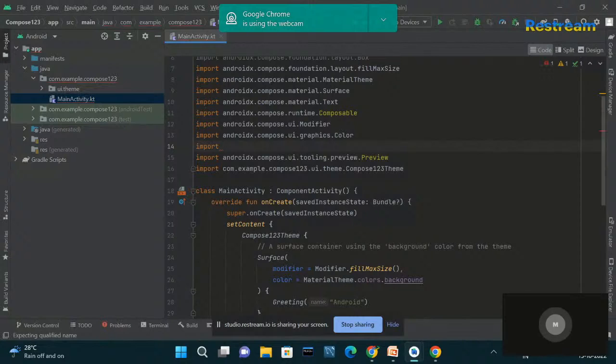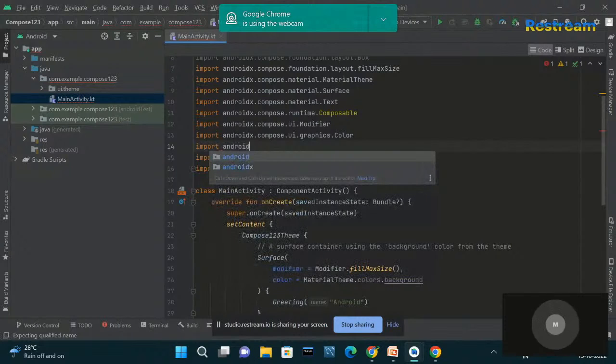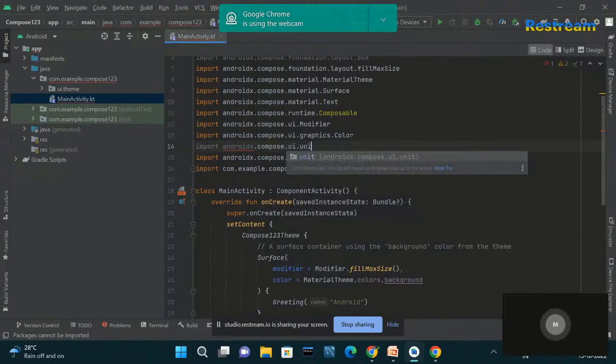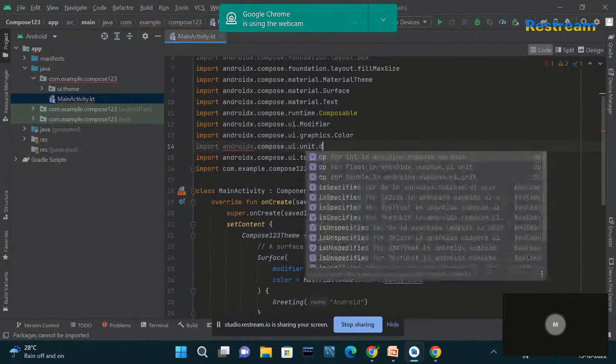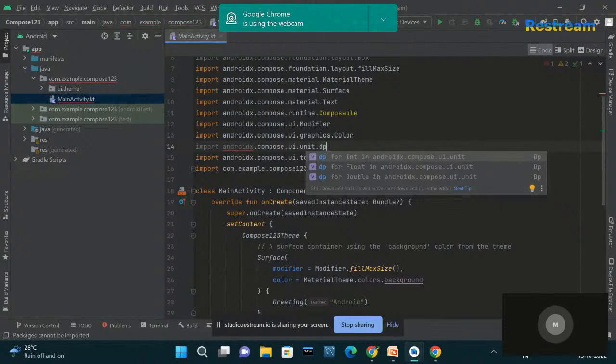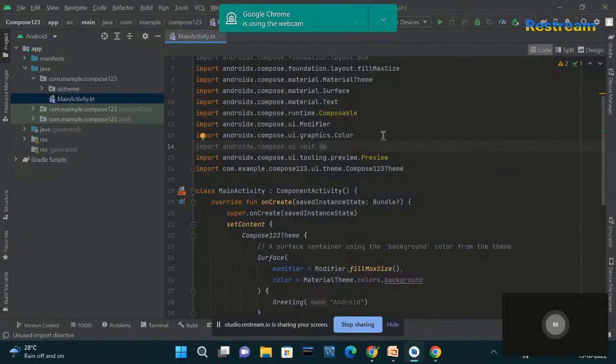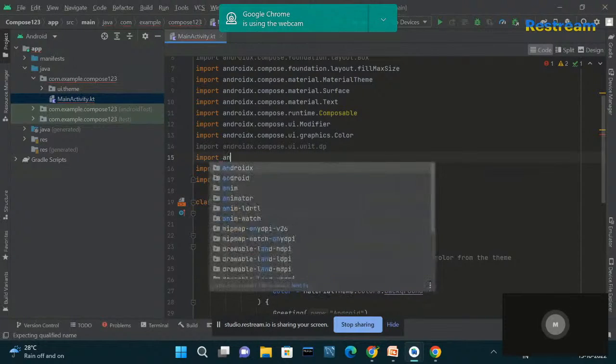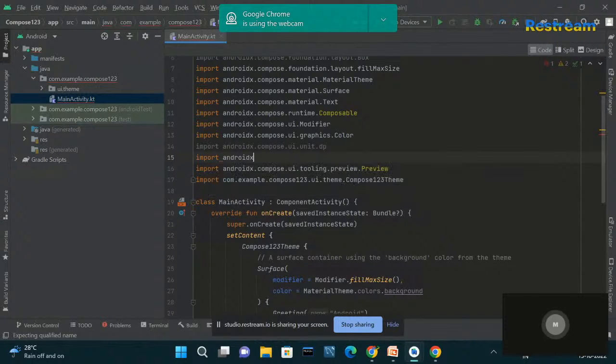So the first thing I'm going to import is compose.ui.unit.dp. I'm going to use the keyword import followed by androidx, then put a full stop, then compose dot ui dot unit dot dp. This is used in order to provide the dp, and that's why we're using this particular thing. And then press enter, and we're going to import another function with the same androidx,